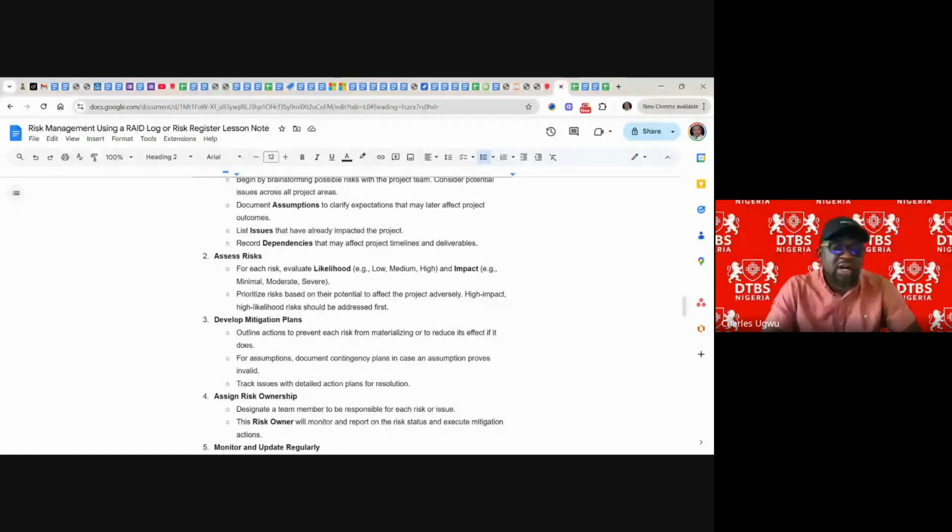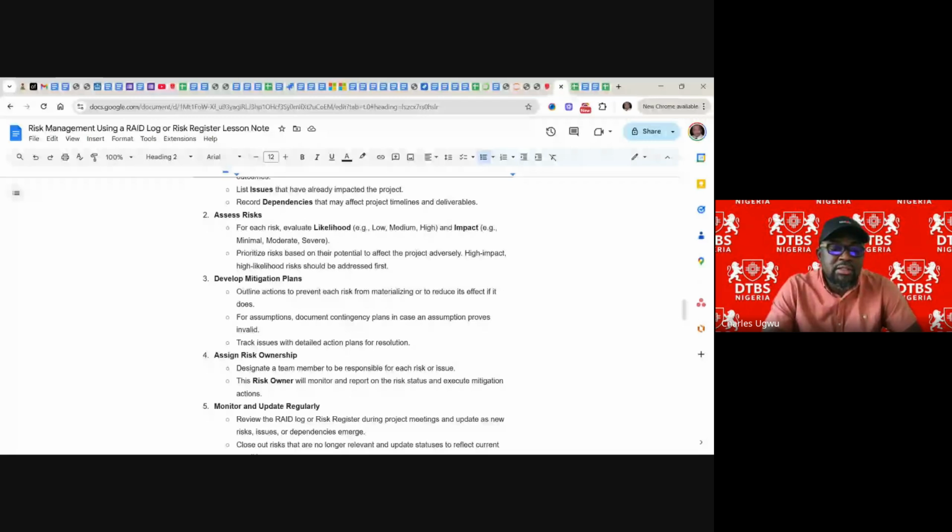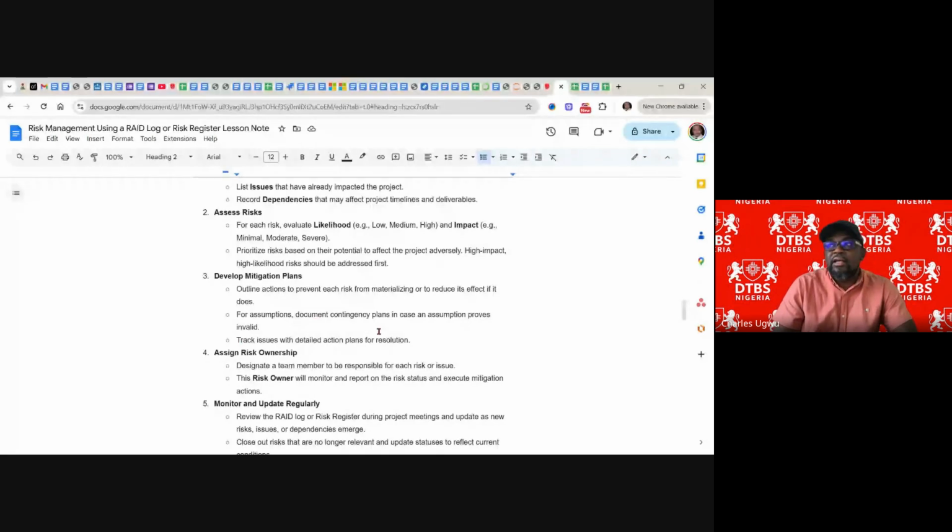Just giving you an example on how you can develop a mitigation plan. Outline actions to prevent each risk from materializing or reduce its effect if it does. For assumptions, document contingency plans in case an assumption proves invalid. Okay, if assumptions prove invalid, like we say we